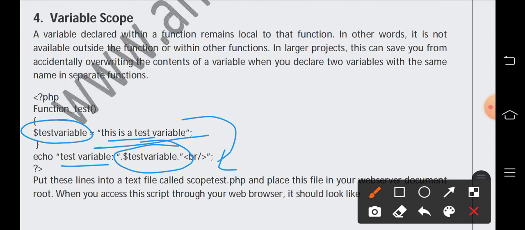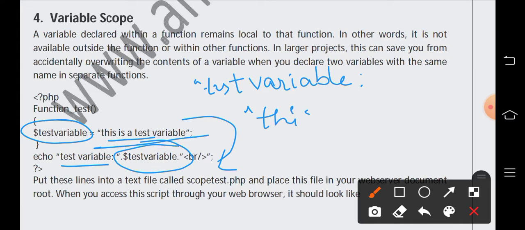Actually, we have to get the output as: test variable is equal to, this is a test variable. The output should be displayed in this way.